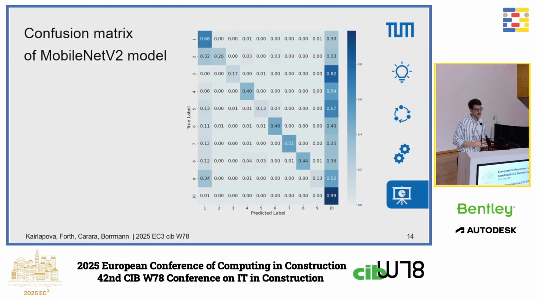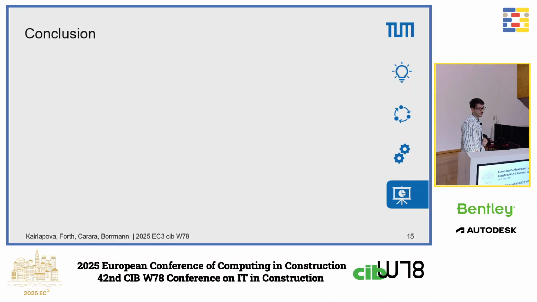However, as you can see here, this is the confusion matrix of the fine-tuned MobileNet model. The problem is still that most of the confusion is with the background. Coming to an end now, to conclude,